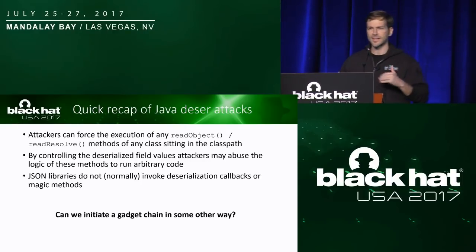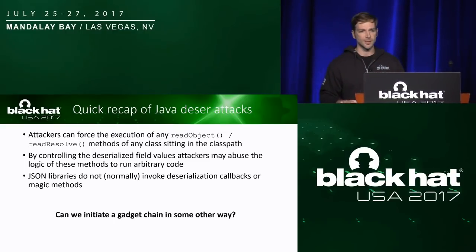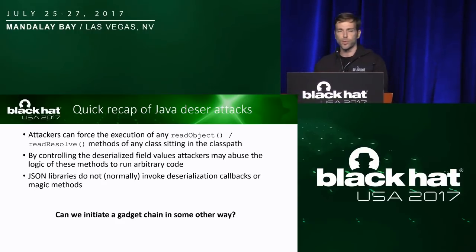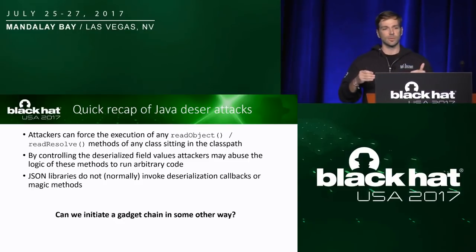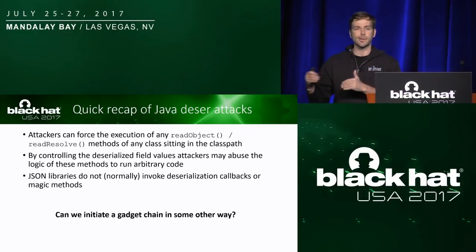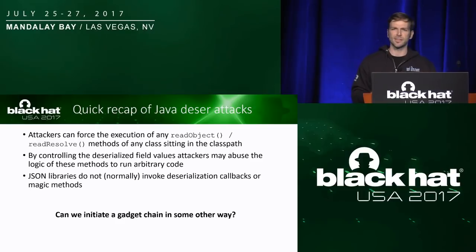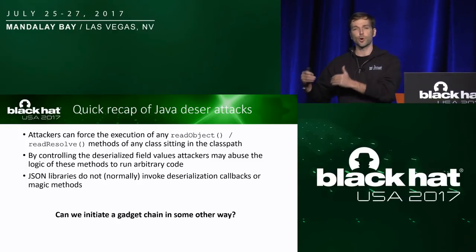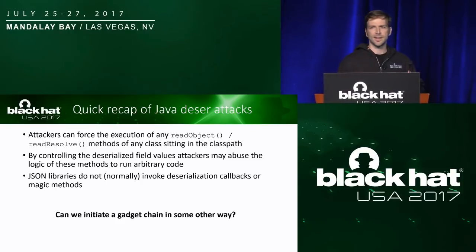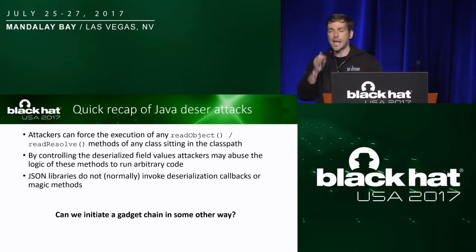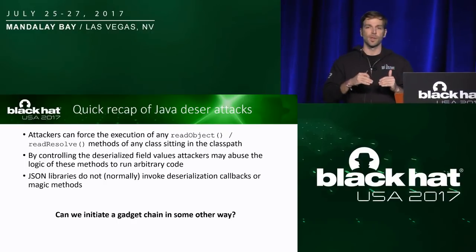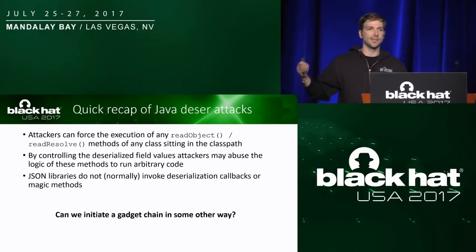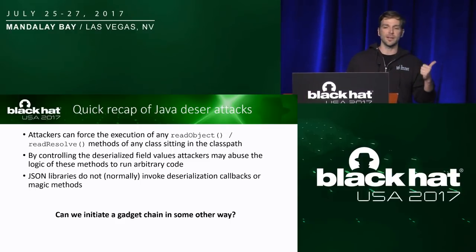So a very quick recap on how attackers were able to get arbitrary code execution with Java Deserialization attacks. Basically, they were sending a stream of untrusted data to the deserializer, to the vulnerable endpoint. And this data contained some type discriminators, which is nothing else than the class name for some arbitrary types that the attacker could control. Then the deserializer was basically instantiating these types and then invoking some deserialization callbacks on these types, right? So the attacker needed to find a type or a class containing a readObject or readResolve method, which could be chained together with other types or classes in order to assemble a gadget chain leading to arbitrary code execution. However, JSON libraries don't normally invoke any